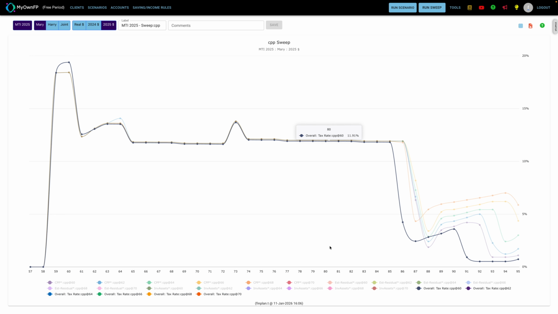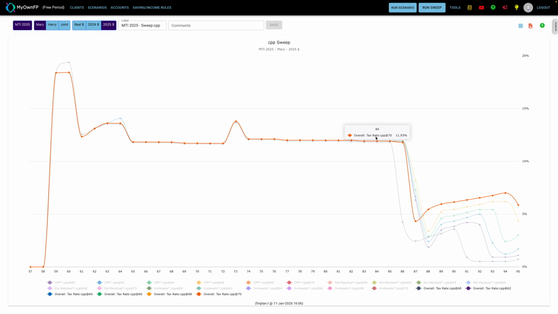So our tax rate through most of our life stays the same. It's interesting, there's a slight bump here at 64, because that is the age we're taking, so all of a sudden that got a little bit higher. I think that year, or the year after that, we have a car purchase as well, so it's relatively the same. So they're all the same in terms of taxes that you're paying for the most part,